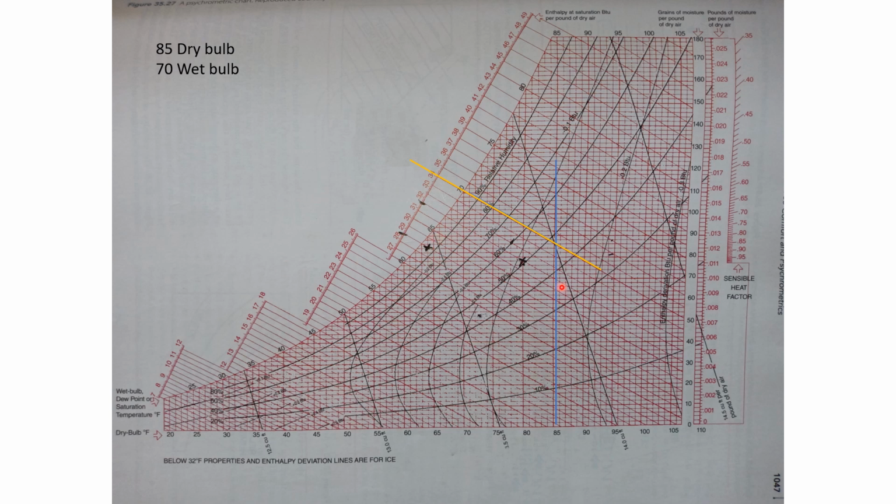Okay, so here we go. We plot our 85 dry and our 70 wet. Now remember, you didn't even have to do the dry. All you have to do is the wet bulb. Saves you a little time there. So 70 wet, go all the way out to here, and you're going to be somewhere around 34, right? That's fine. Then we plot the other one, which once again, we didn't even have to do the dry, just the wet. We go all the way out here to somewhere around 31. So what's our change in enthalpy? From 34 to 31. 34 minus 31 is 3. Not a big deal at all. So let's see what